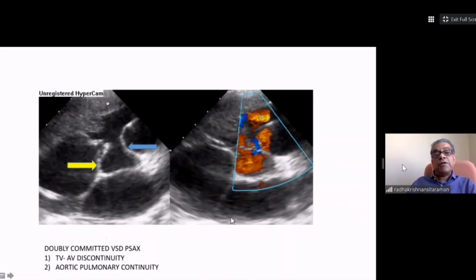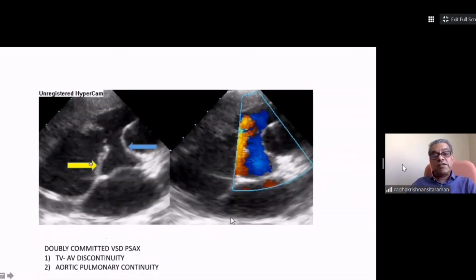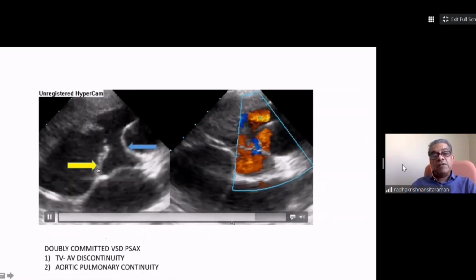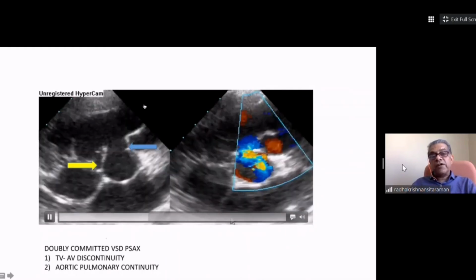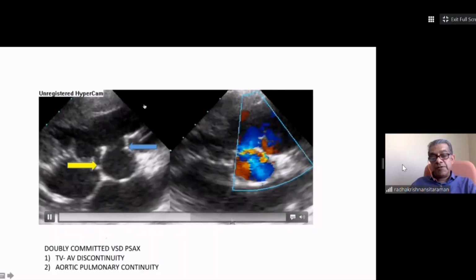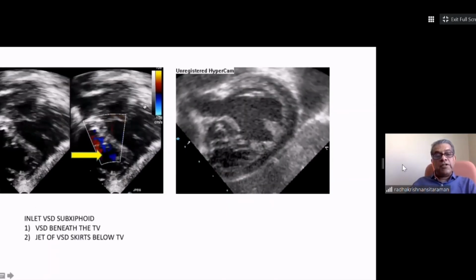Another example of a doubly committed defect in the short axis view, where you clearly see how the tricuspid valve is discontinuous with the aortic valve and how the aortic valve is continuous with the pulmonary valve. We then move on to the